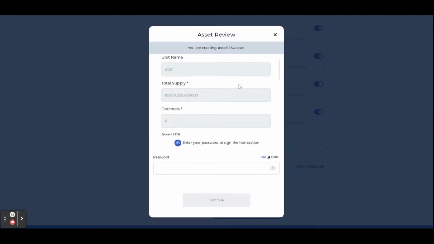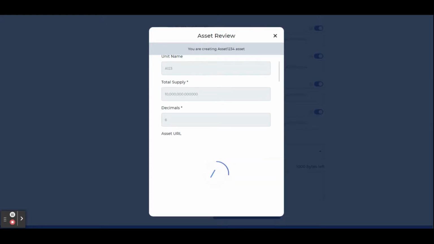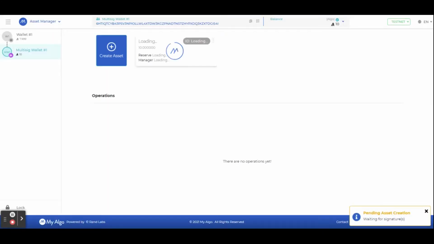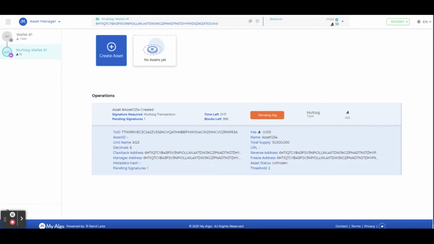Review the information and make sure it's correct. And then, just sign your transaction. Since this is a multi-sig wallet, we're going to have a pending action and wait for our co-signers to sign the transaction. Once our transaction is pending our co-signer signature, it will reflect and we will be able to create